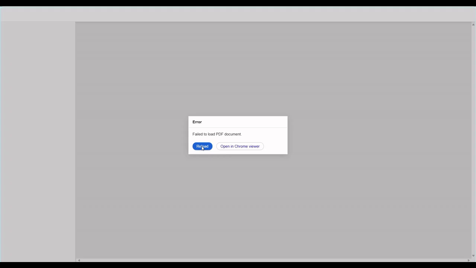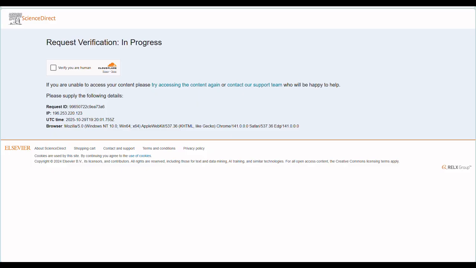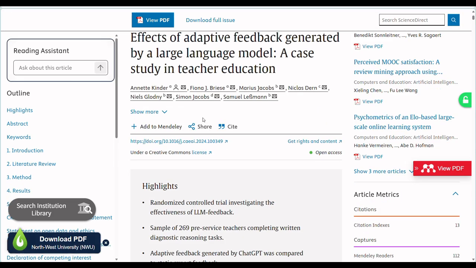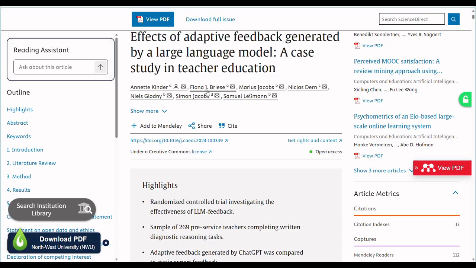I say view PDF. Okay, it's now opening. All right, this is one. This has opened. Let me share this tab.